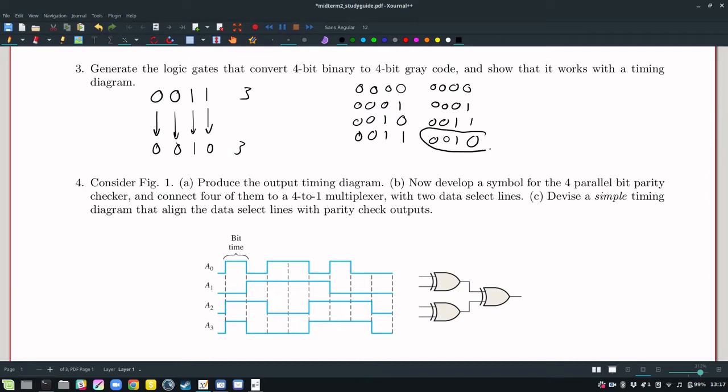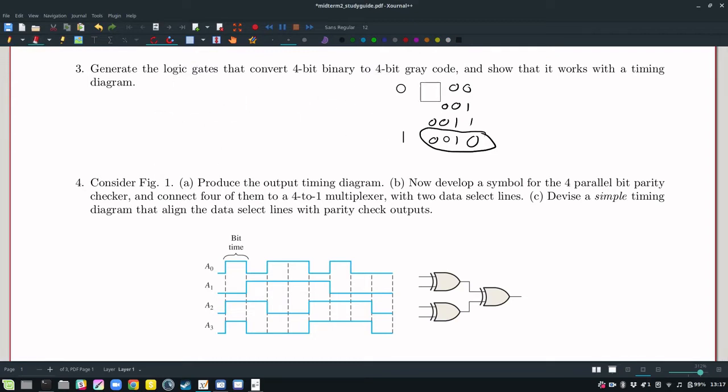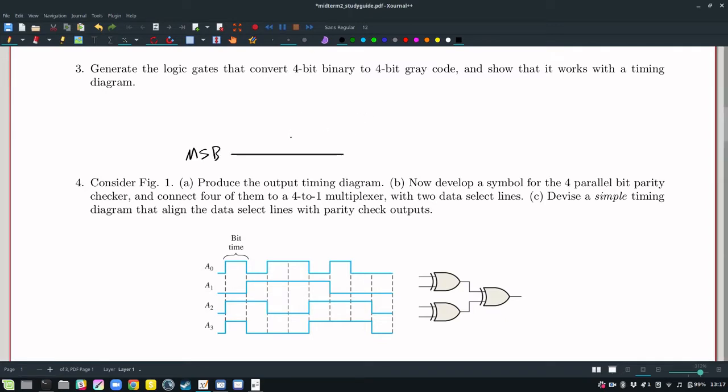And so this is our representation of the number 3 in gray code, and that's what we get over here. So the key is we're adding successive bits. So let's start with the MSB over here, and we'll just make a wire that copies it across. But then we have to add it to the next most significant bit, which let's just call C. And so I'll take this and make a wire over here, and then take my wire and feed that into